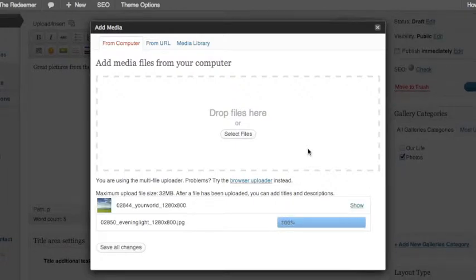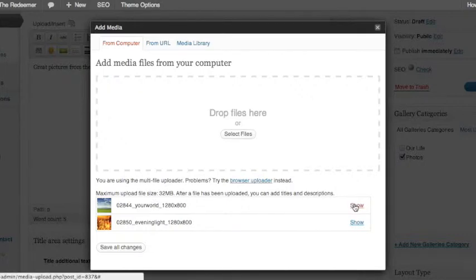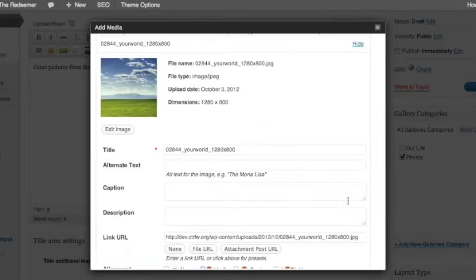Okay. And now you can see this right here. This is the file name. It's going to use that as the title, and that's also going to show up in the gallery. So we don't want that to be the description or the title of the image. So we're going to click on Show, and we can see